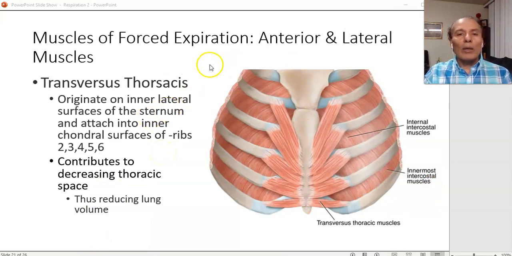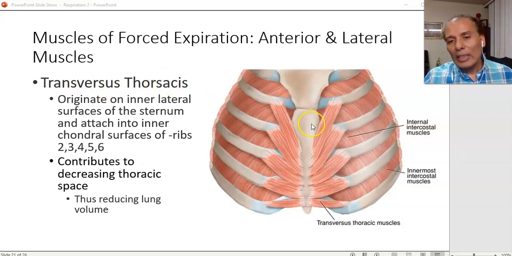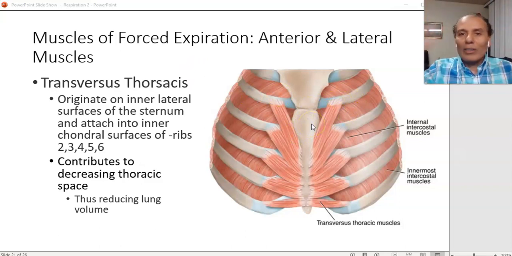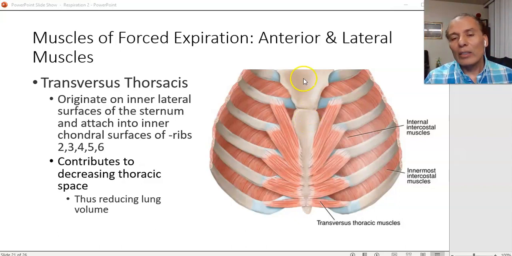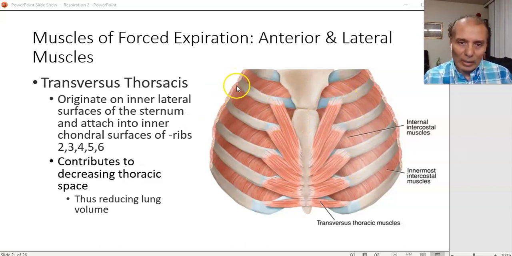And then we have the anterior and lateral muscles. For that, we look at the transversus thoracis. The transversus thoracis is inside. What you are looking at here, if you imagine you take the magic school bus, you get inside of the thorax and you see it from the interior. This is the inside, this is the sternum from inside, okay? And these are the inside of the ribs. You can see it cut here,